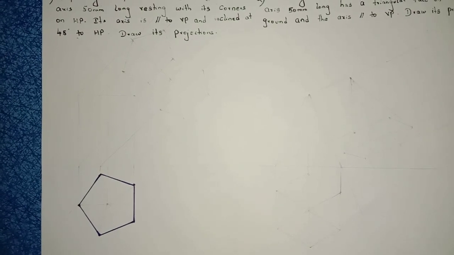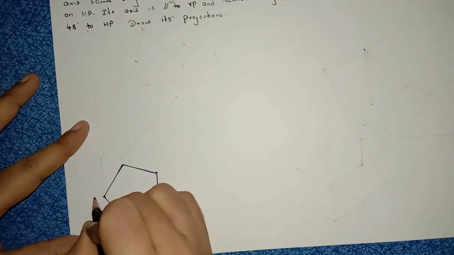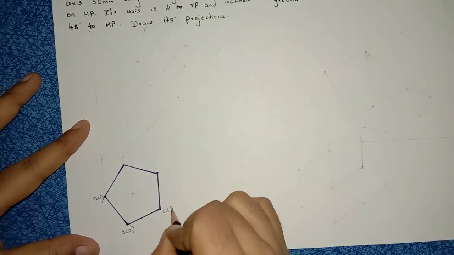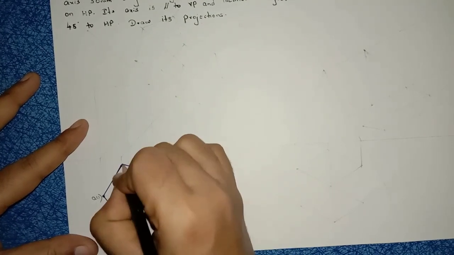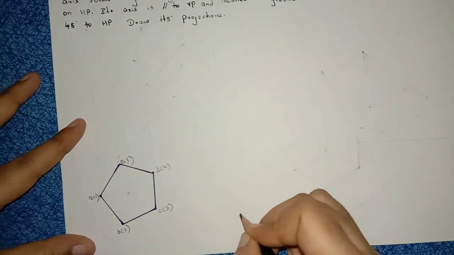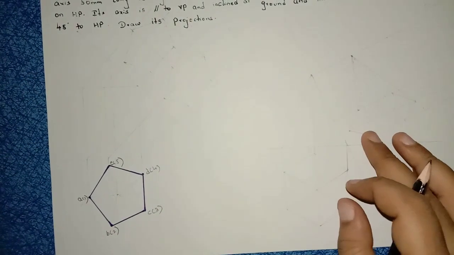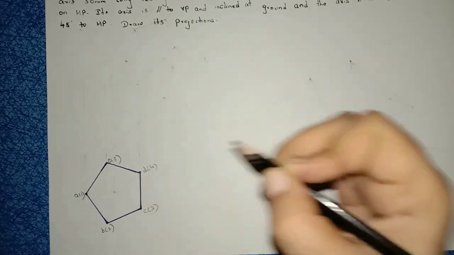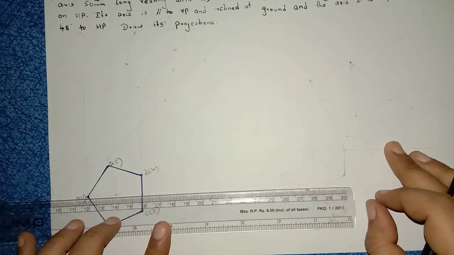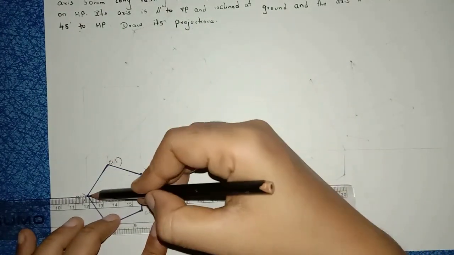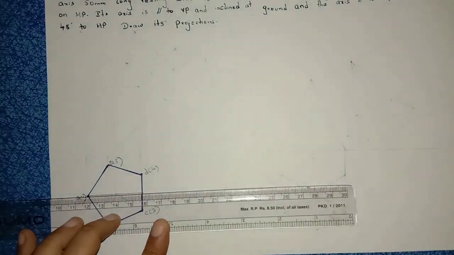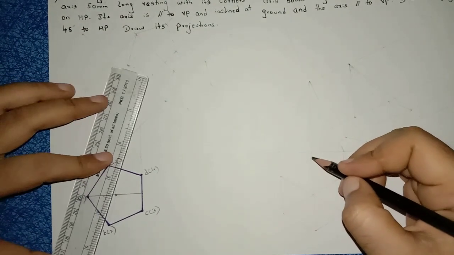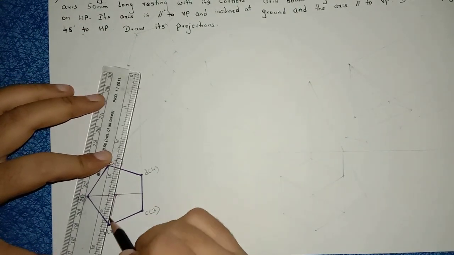Now after constructing the pentagon, this is a prism, no? So name it as A of 1, B of 2, C of 3, D of 4, E of 5. Right, after that mark the midpoint for the pentagon. First in between C to D, measure this distance, mark the midpoint. Right, now through this A1, draw a straight line which touches this midpoint. Now mark the midpoint for this line.